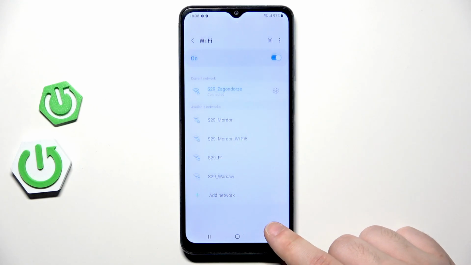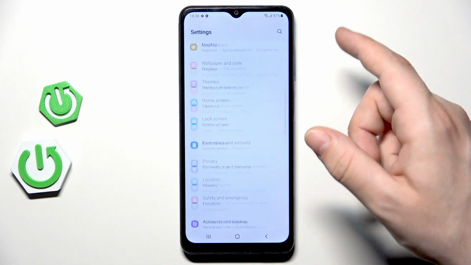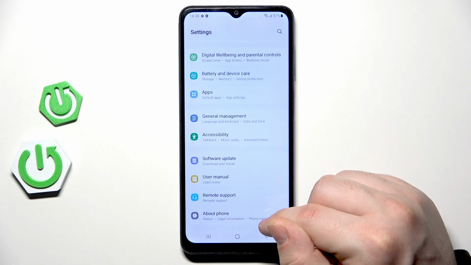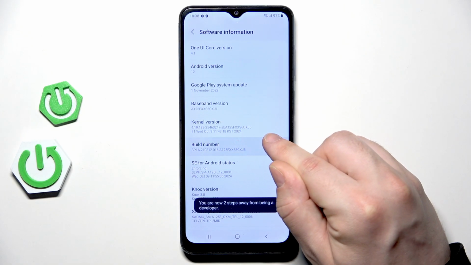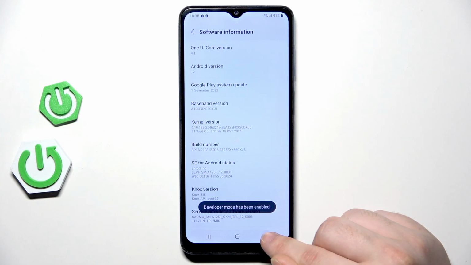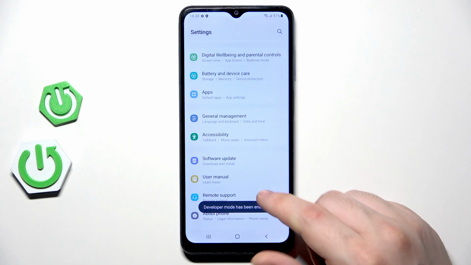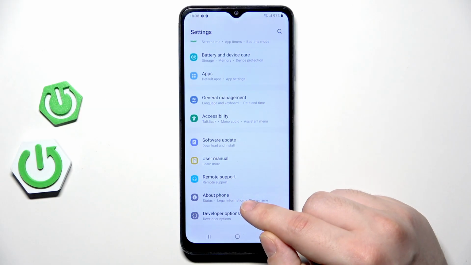Okay, now go back, scroll down, about phone, software information, tap on the build number. Okay, now go back, developer options,